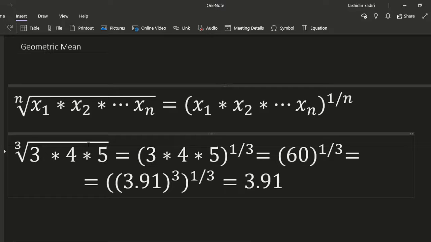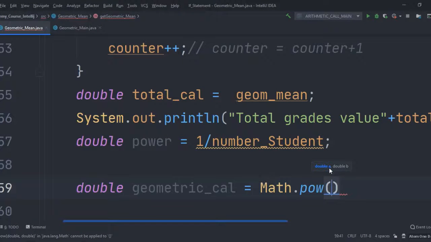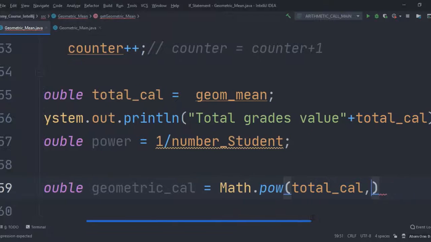Here we have calculated this, and here it's the better example because I have converted from this root, it's cubic, into exponential form. This is 1 in the power exponential numerator. This is denominator, it's 3. Double A, this is total calculation, and this is the base, and this is the power, and